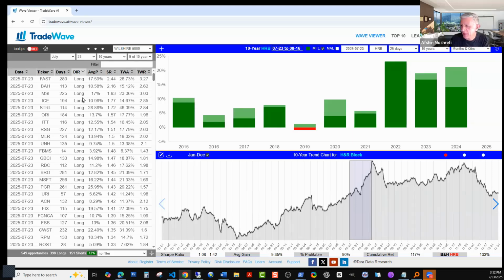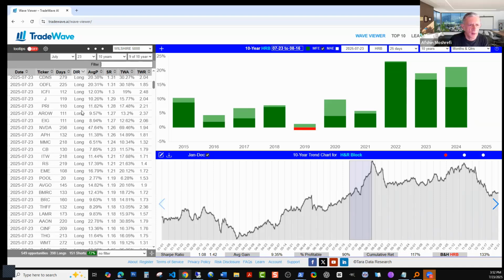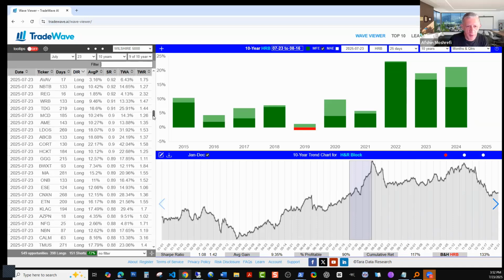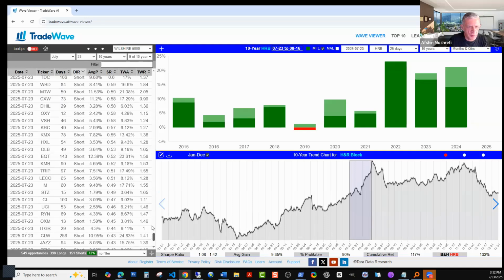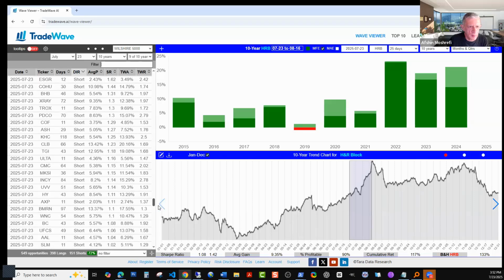Yeah, it's not something you put on the... you can just put long in here, not in a chain. But you can sort by all of these. See, all the shorts are on the bottom. Now,